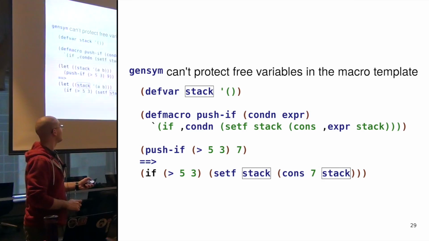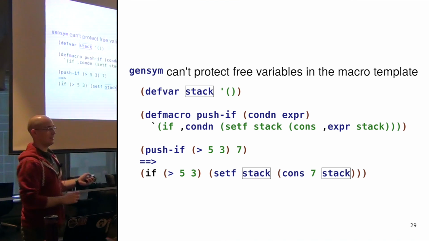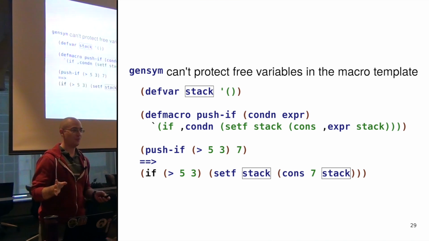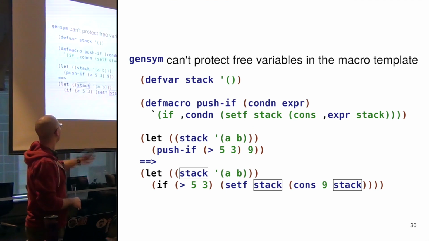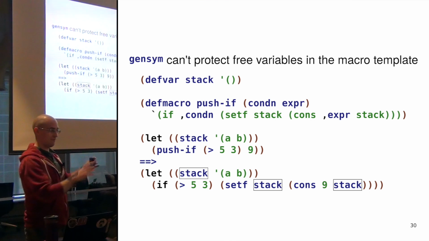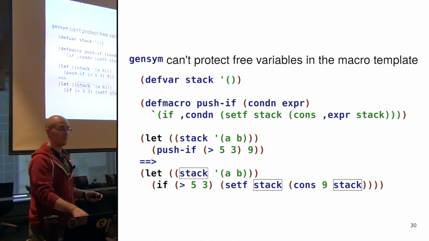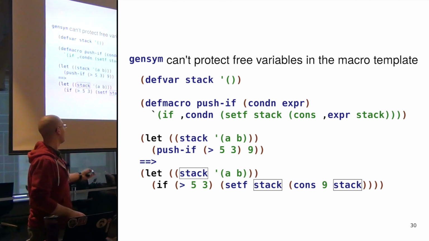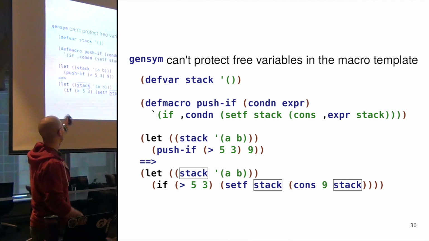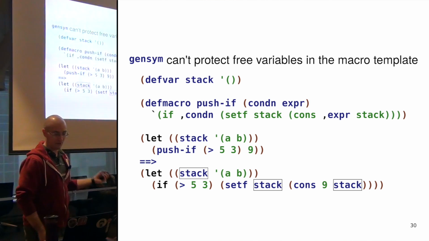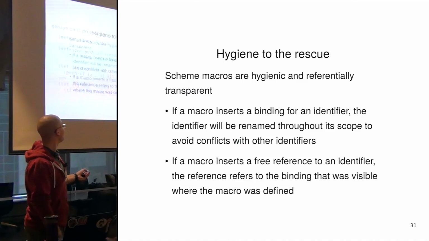So I think of it as a sort of difference between dynamic scoping and lexical scoping. For example, here the stack symbol is bound to AB, and this macro will replace stack with what is most recently bound to it, rather than what is bound at the definition site of the macro, which is up here. So that's how I like to think about it. It's possibly wrong, but